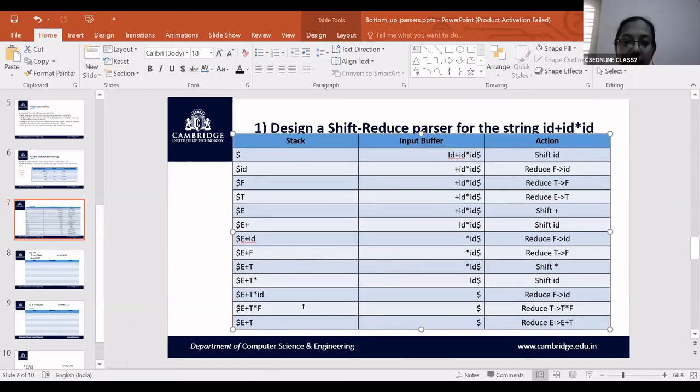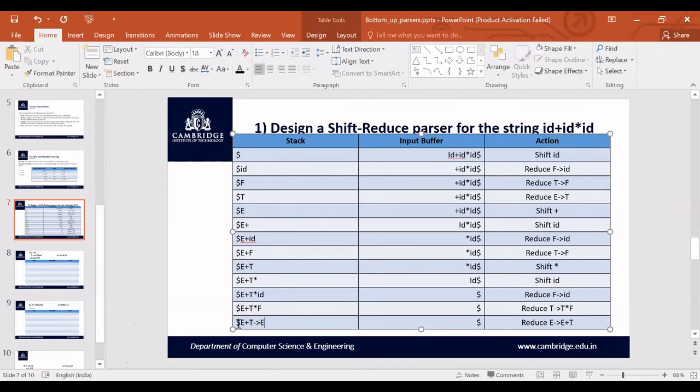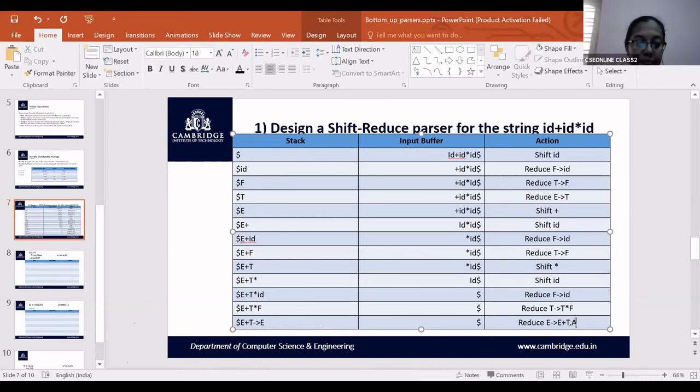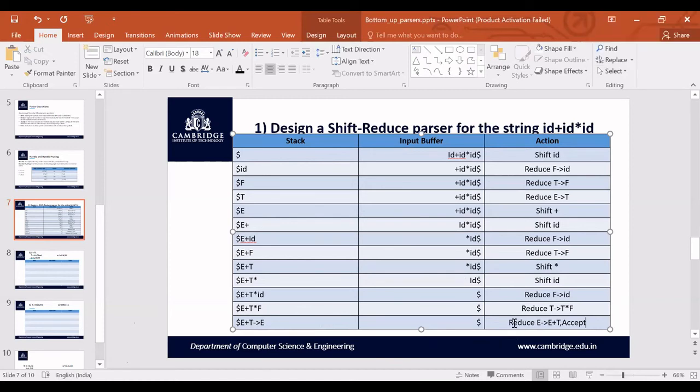At the end, I'll write it here itself. In the next row, you are supposed to write E, and you are supposed to write accept, because you got the start symbol on the stack top and the input buffer is also empty.